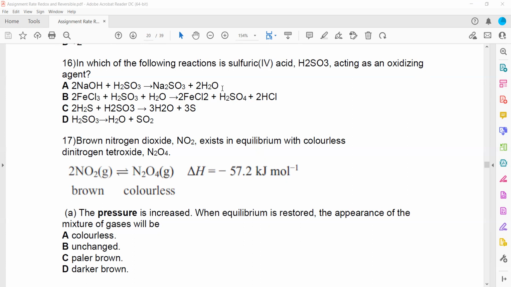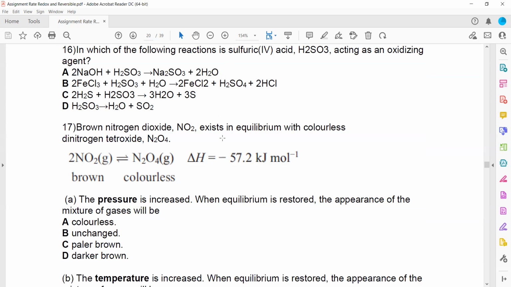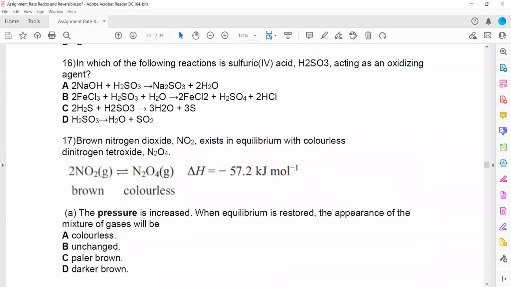the question is, in which of the following reactions is sulfurous acid, H2SO3, acting as an oxidizing agent? An oxidizing agent itself should be reduced. So what we can do is check the change in oxidation number of sulfur, in which one the sulfur oxidation number is decreased. In that case, it will act like an oxidizing agent. So when we check the options,